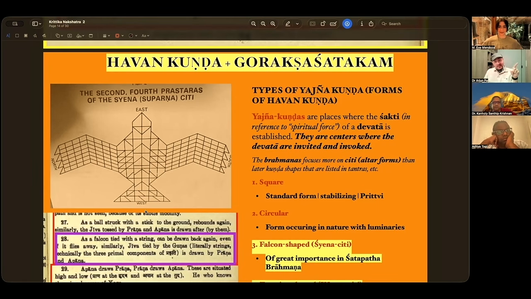Mercury gets debilitated in Jupiter's sign. Jupiter gets debilitated in Saturn's sign. Saturn gets debilitated in Mars's sign. Mars gets debilitated in Moon's sign, and then finally Moon comes to Scorpio.